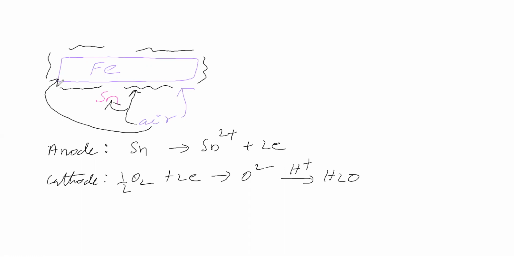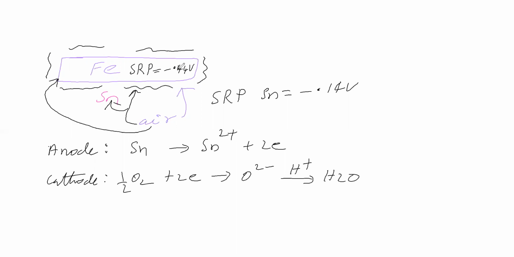Now this atmospheric air undergoes the cathodic process. This cathodic process needs electrons. It will take electrons from which anode, tin or iron? That we have to see. For this we will take the SRP values. SRP of tin is minus 0.14 volt. SRP of iron is equal to minus 0.44 volt.